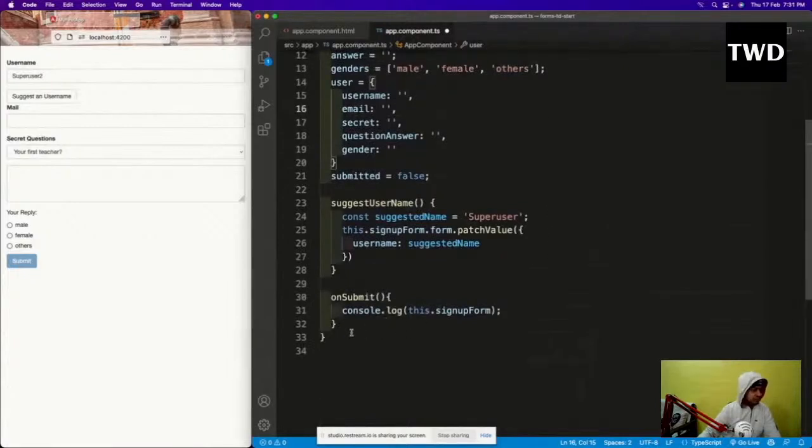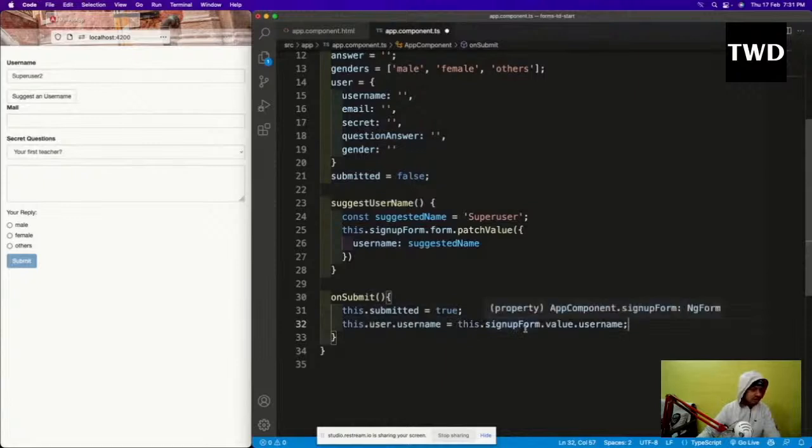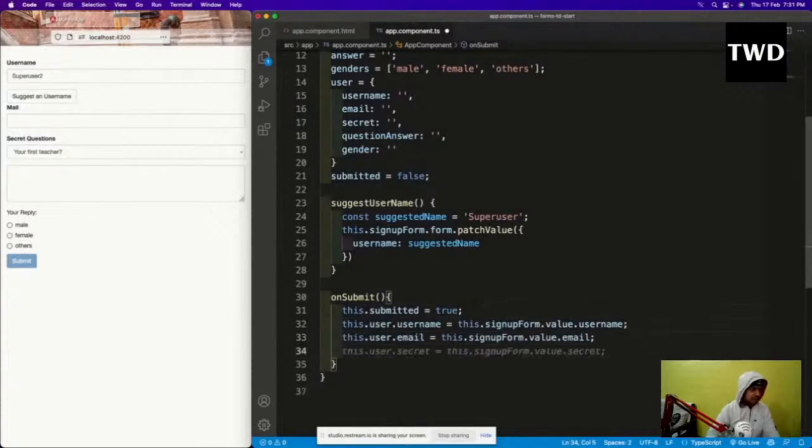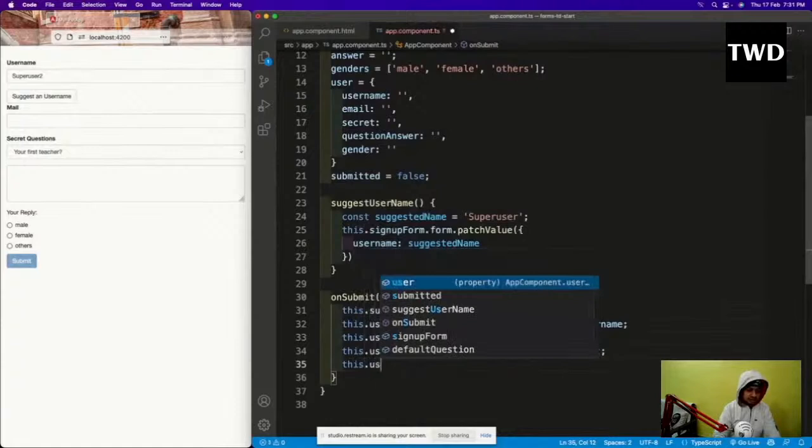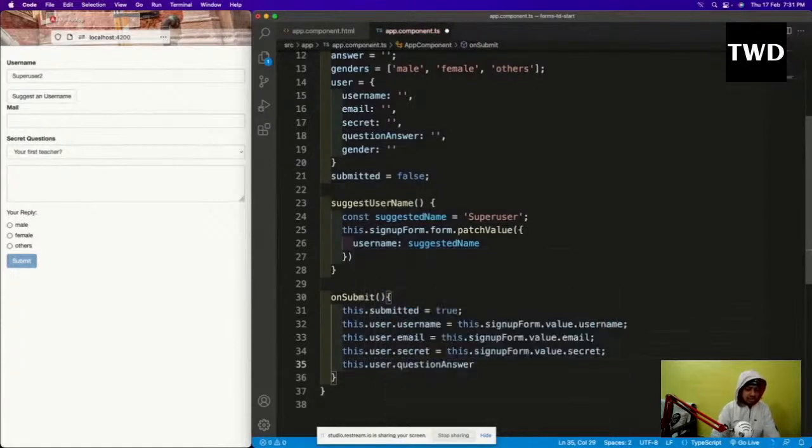The first thing we are going to do is remove this, and then this.submitted equal to true. Then this.user.username is this.signupForm.value.username. We saw that it comes in the value. The next thing is this.user.email is this.signupForm.value.email. This.user.secret is like this, and this.user.questionAnswer equal to